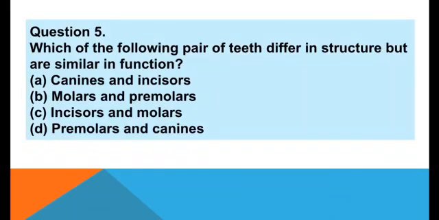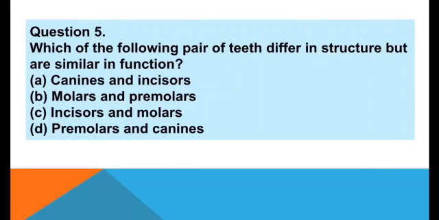Now we have question number 5. Which of the following pairs of teeth differ in structure but are similar in function? Again, it is coming from the teeth section. Your options are option A, canines and incisors, option B, molars and premolars, option C, incisors and molars, and option D, premolars and canines. As we had a discussion about all four types of teeth and their functions,